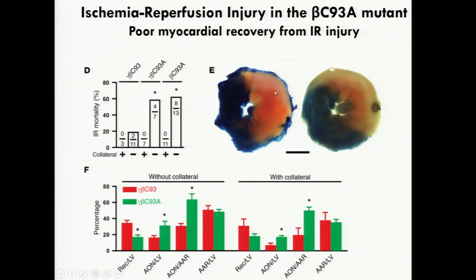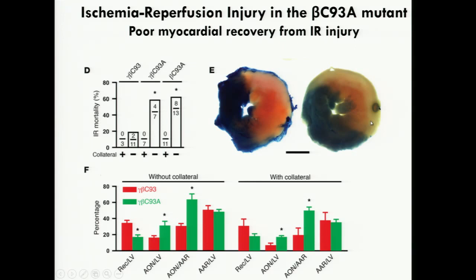So that was the whole area at risk of the myocardium after the ligation. The white part is the necrotic area, and the red part of this stain shows the viability of the myocardium. You can see at a glance that this wild type had a similar area at risk. The area at risk is the non-blue area. So they had the same area at risk, so the experimental ligation caused a similar risk to the myocardium.